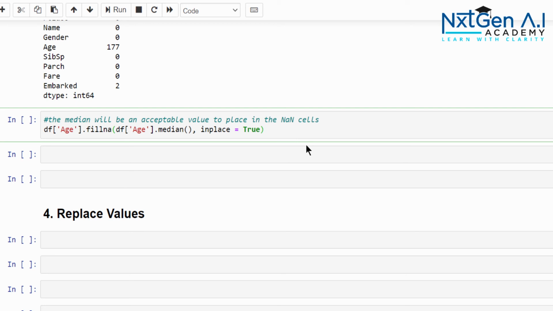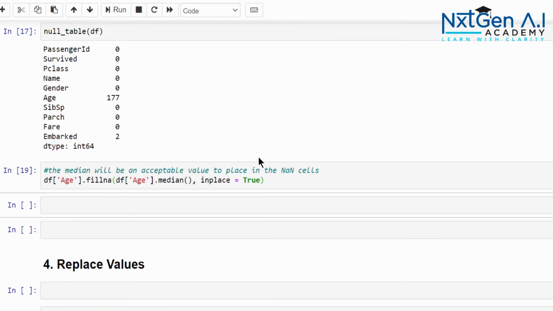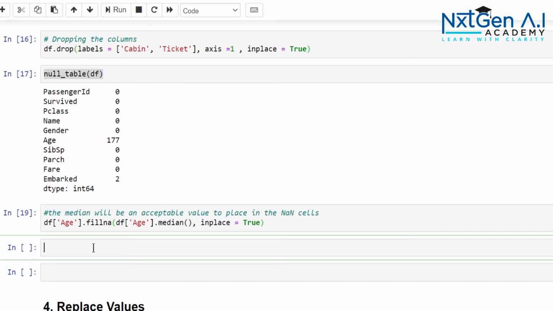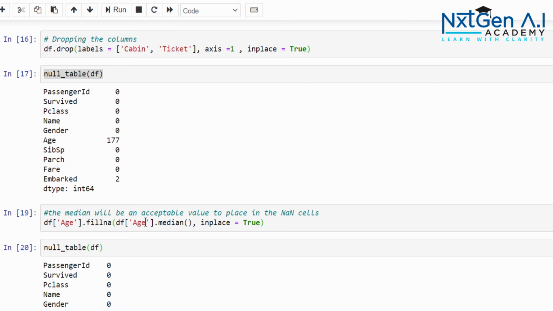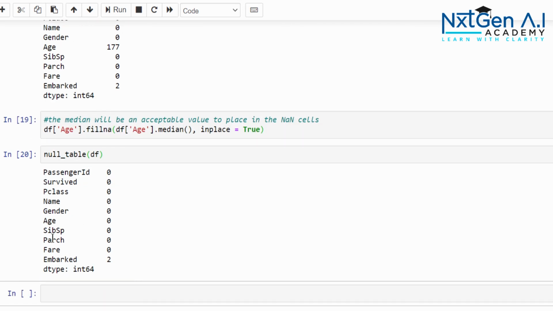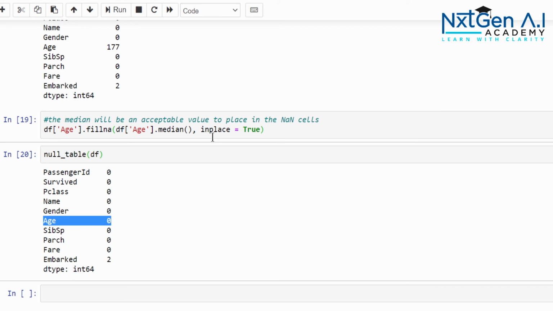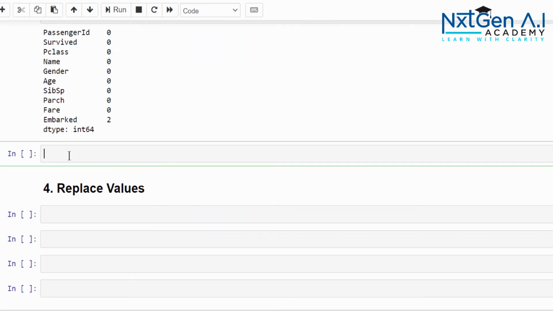Let's execute. Let's check whether 177 is replaced. Same function, and see now all the age values are replaced by the median value. You can check in the data frame.